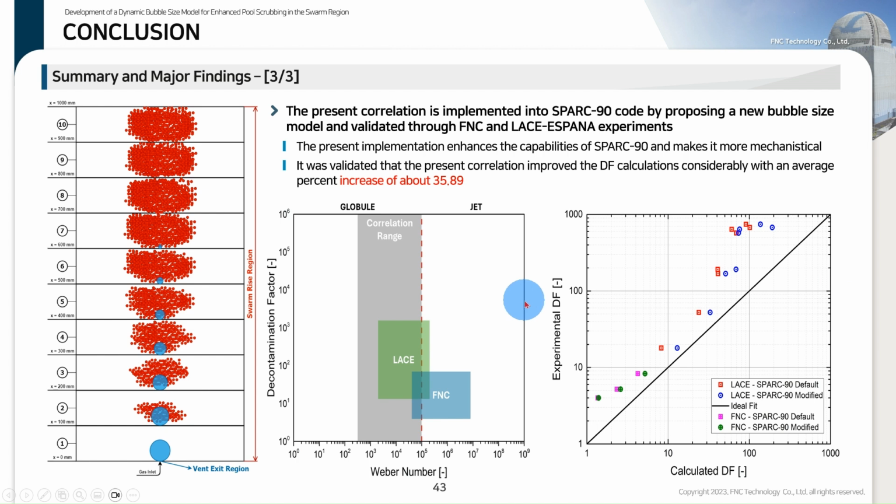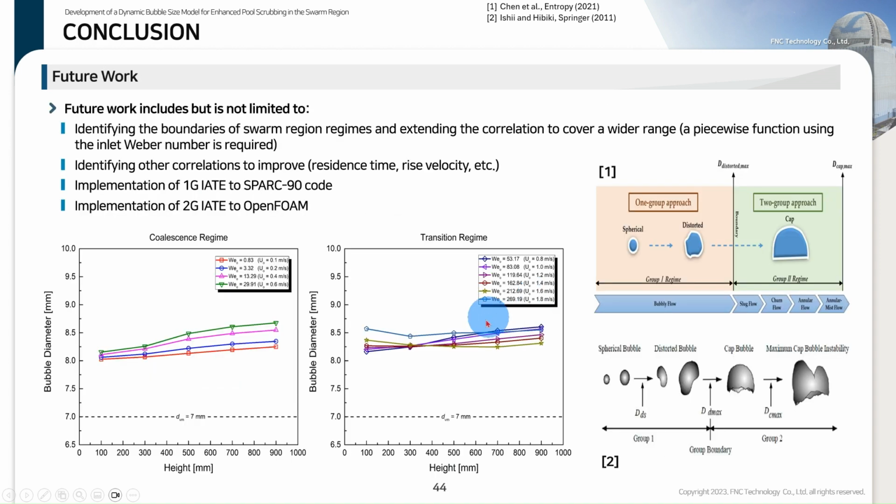And using that, it was implemented into pool scrubbing codes. It was found that the bubble diameter works quite well with the new methodology, with an increase in the decontamination factor calculation of about 35.89%. And as for the future work, it will be quite beneficial to identify the boundaries of the swarm region